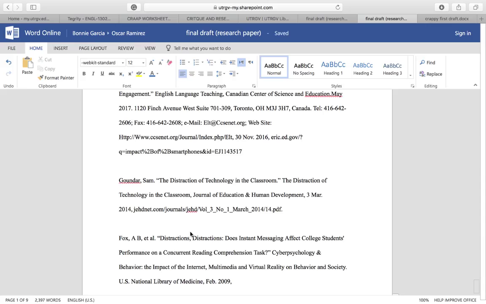I have to show that there's something wrong with this research that's not suiting the question that I have, or the problem or dilemma. And then the last thing is I have to cite my research in order for the professor to know that it's not mine. It's actually giving credibility to someone, so I won't be kicked out of the university and I can actually get my credit.